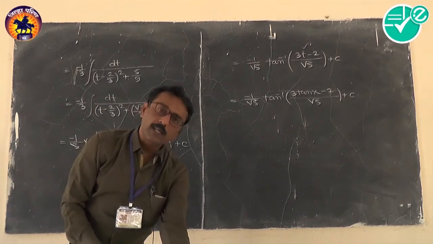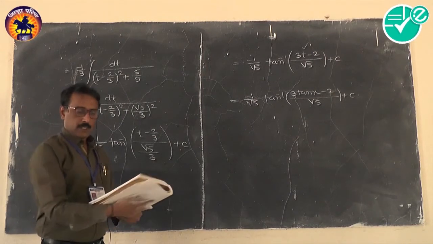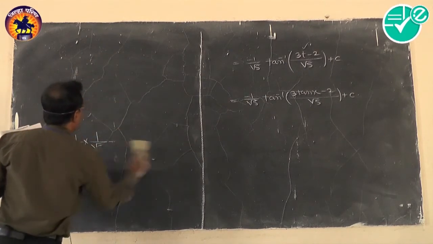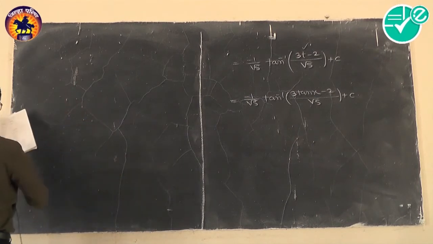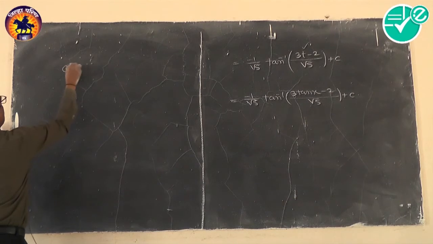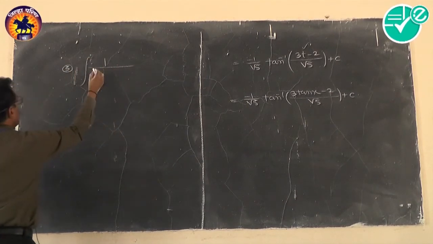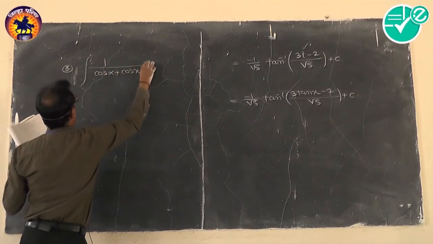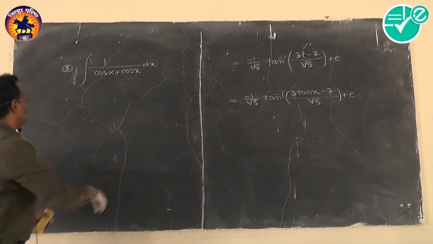So in order to practice, we will take a few problems of the same type or typical problems from this exercise actually. Now I will take one typical problem from this exercise of single angle. Question number 3 I will take. It is integration of 1 upon cos alpha plus cos x, in that dx. This is an important problem from board and CET also.